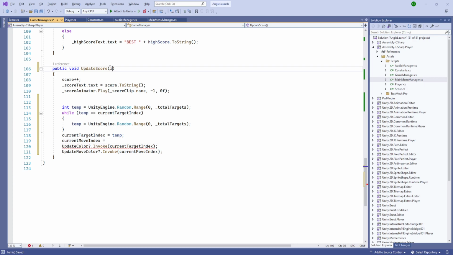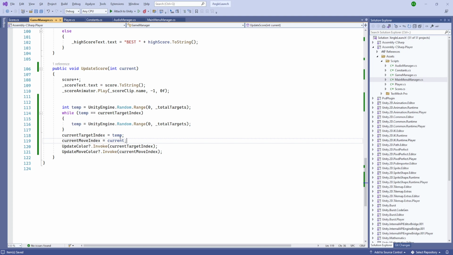We need to pass an int current, which is going to be the current. So we are going to pass target is the current. Okay, so where we hit, we are going to start moving around that circle, and when we hit,